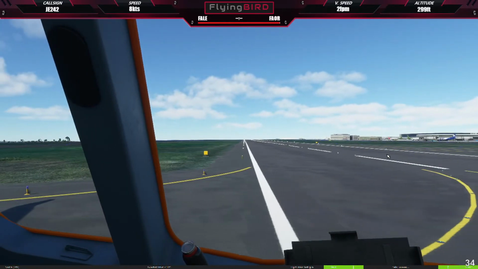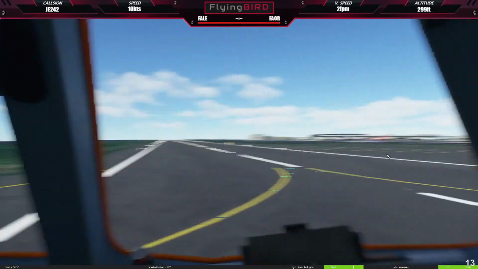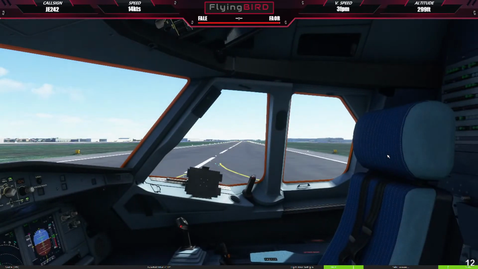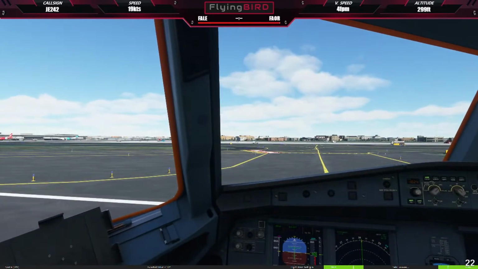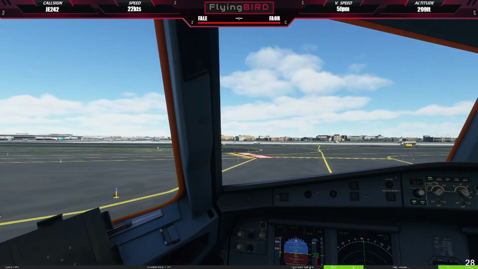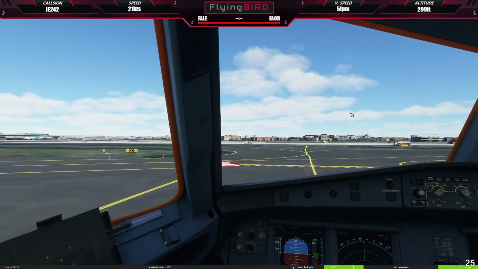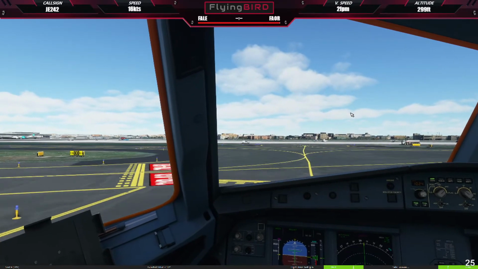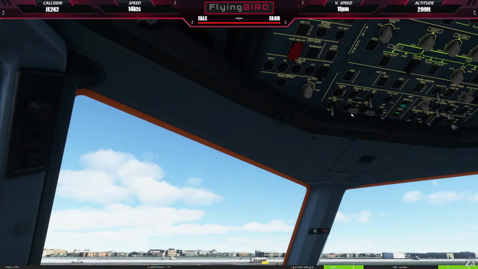This is runway 3 left, and this is runway 20 right. Now we have crossed the runway, then we will take a left turn, but before that we will